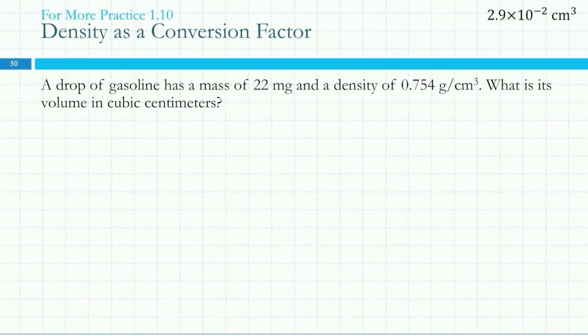Okay, so very similar to the last one. A drop of gasoline has a mass of 22 milligrams and a density of 0.754 grams per centimeter cubed. What is its volume in cubic centimeters? So what should we start with? 22 milligrams. You almost never want to start with the conversion factor. Makes things way more confusing. But if we start with the 22 milligrams,